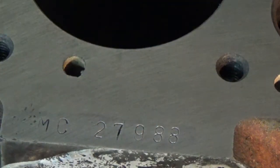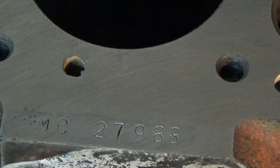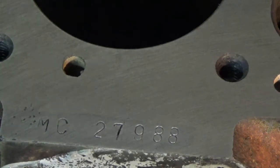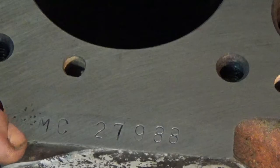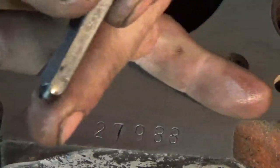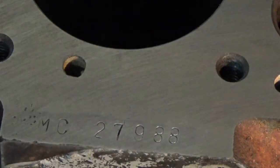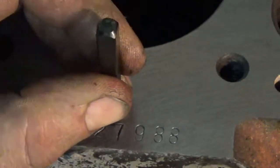Now, right above that was the inspector stamp. Alright, so right above this would have been the inspector stamp, and there's just no rhyme or reason to where they put it. Actually, it was over stamped over the 7. So I think what we'll do, we got a head gasket line that comes through here, and I don't want to interrupt that too much, but we're going to put it relatively close to where it was. It's going to be in this general area,